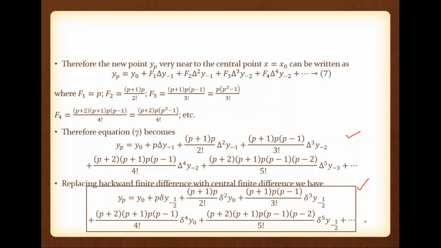Now we are going to explain Stirling's formula. After that we can solve problems by using any one of these. The interesting thing is, wherever the central data is missing, Stirling's formula is going to use both the next one and the previous one. So interestingly, you can see that Stirling's formula is nothing but the average of Gauss forward central difference equation and Gauss backward central difference equation, that you can see. Okay, so that we are going to explain.